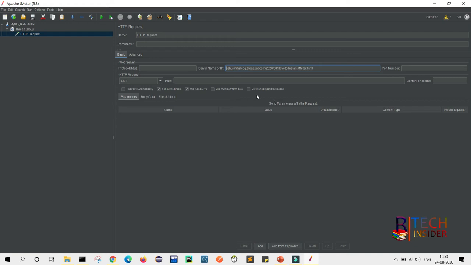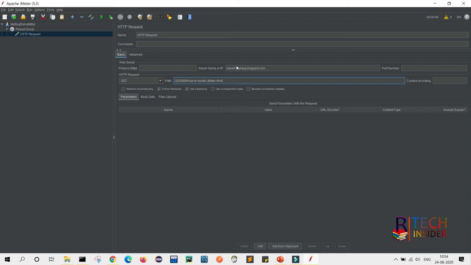If you want to run the entire URL, that means Rahul Mittal blogspot.com/2020/08 how to install JMeter HTML, then you will provide the IP address or server name only till .com, that means application name dot domain name, and in path you will provide the remaining part of the URL.